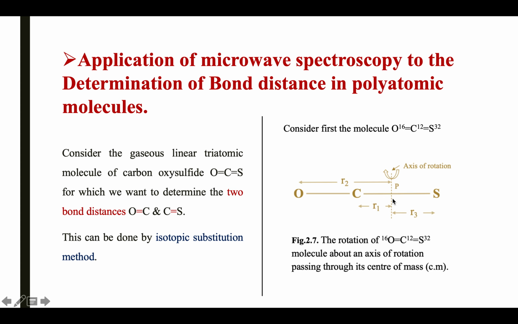Here the point P we are considering the center of gravity. From that we are going to measure all three distances: P to C is R1, P to O is R2, and P to S is R3. Those are the distances. Moving further,